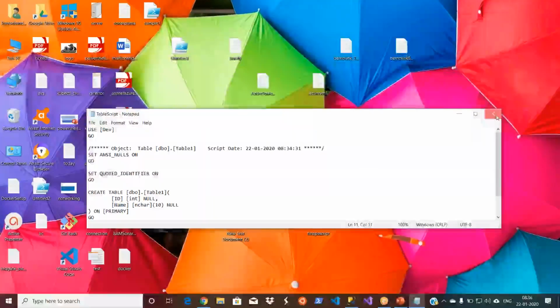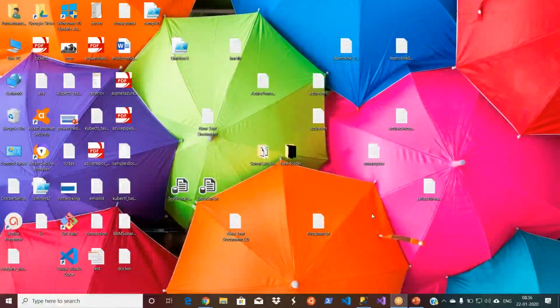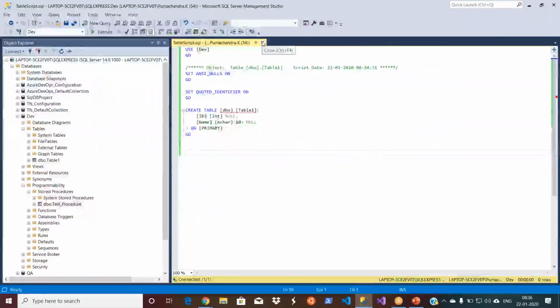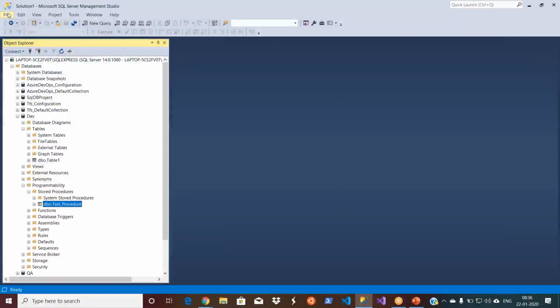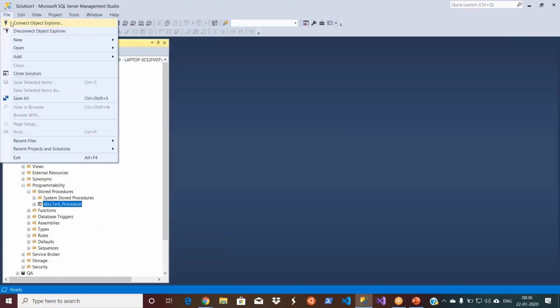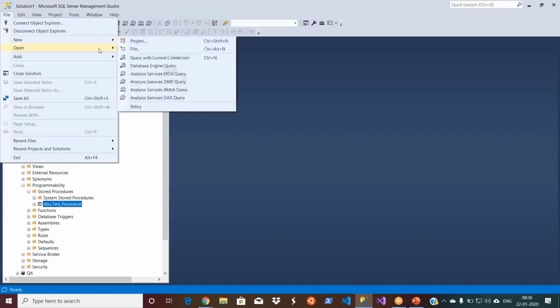Okay, now people create the scripts or generate the scripts like this, and they may directly email them to the DBAs, or they may keep them in some folders, or in some Git or somewhere, and they tell the location: this is where my scripts are available. Then people take it over a call and they go and run it. So again, there are multiple ways, right? So generally what many people do, they go and open the script in the QA and then run it. Let's go and open the script.